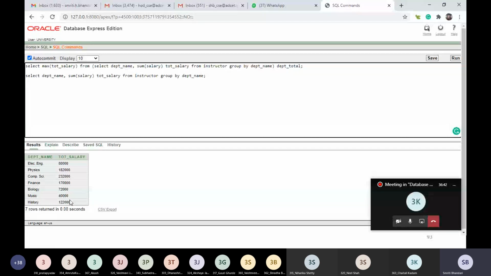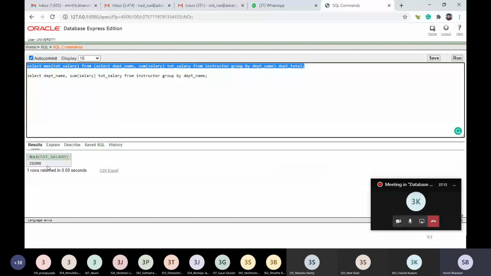How to make use of that statement? This statement is giving me this maximum salary, and that is what I want to equate. So what should I write earlier?